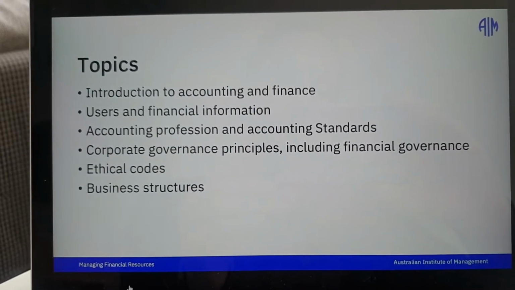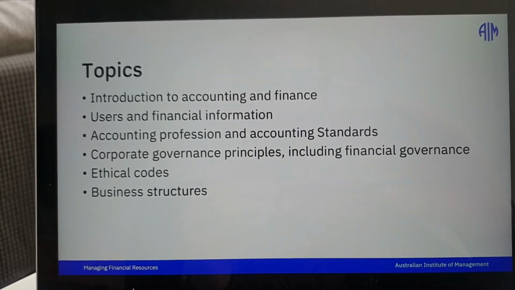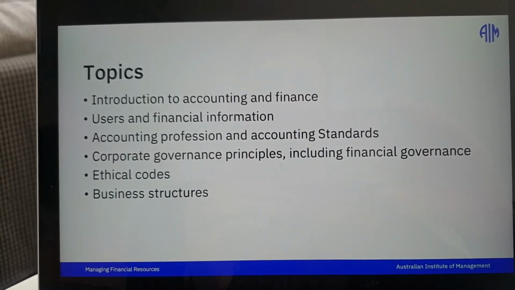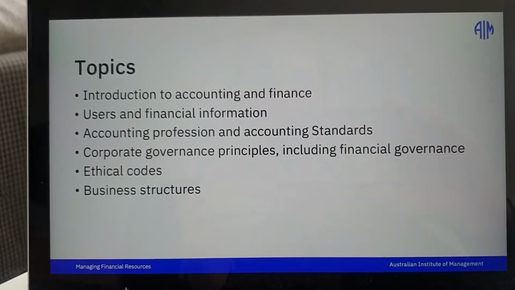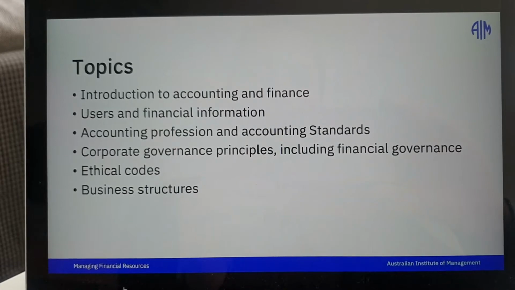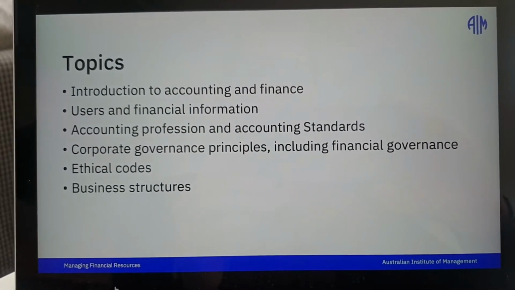Topic 1 is an introductory unit across the whole 10 topics. It follows the themes around financial information, and many of the subtopics within this area relate to financial information. So, for example, we look at users of financial information, we'll look at the rules and some of the regulations that create certainty or trust around that information, and then we look at different business structures and how those structures might influence the sorts of information that businesses provide and need and that their stakeholders require.